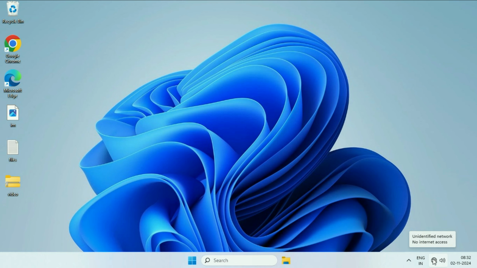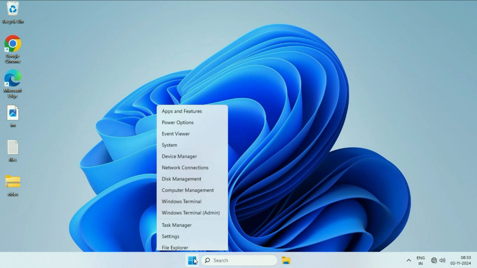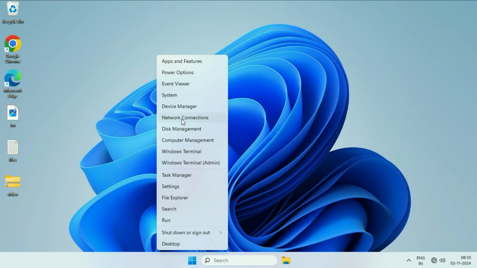Good day everyone. If you are facing this error, unidentified network, and there is no internet access, in this video let's fix this error. So right click on this Windows icon, then click on this option network connections,